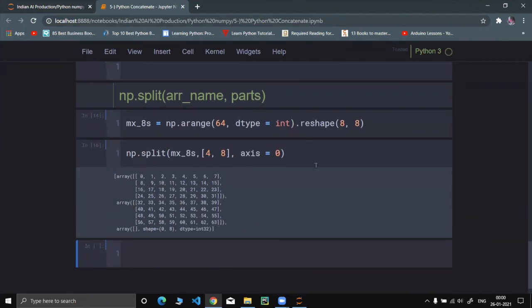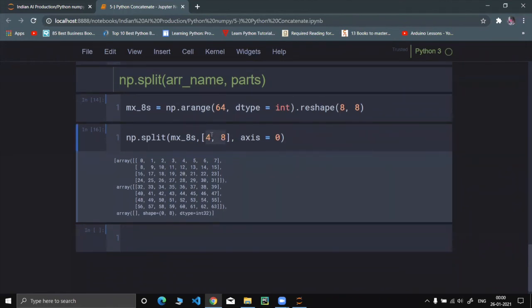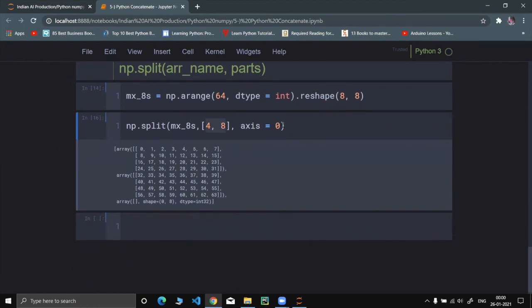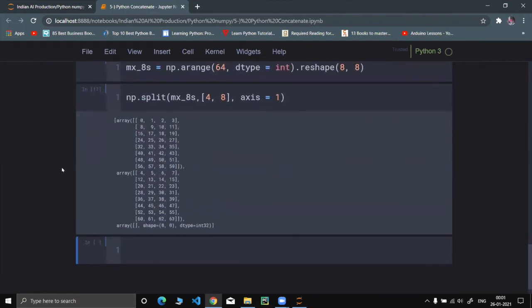If we use the split function on it, the array name is the first parameter, the second is the number of parts, like 4 rows and 8 columns. Yeah, this is it, 4 rows and 8 columns. And axis equals to 0 means we want to do it row-wise. And what if we put axis equals to 1? It will distribute along the columns.